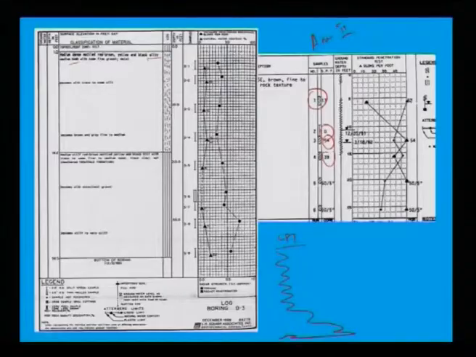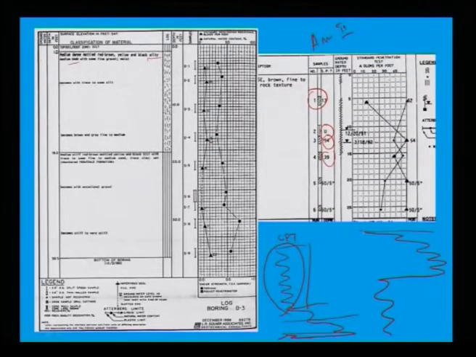What does this diagram mean? I am showing 2 diagrams of cone penetration, one like this, one like this. What does it mean? The cone penetration resistance value is constant over this depth of the soil and varies abruptly from here to here. That means the soil property is expected to change from this depth to this depth. Here also, at this shallow depth the soil property is changing, but here the resistance value is almost the same.